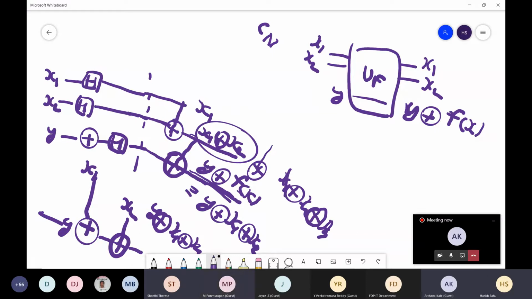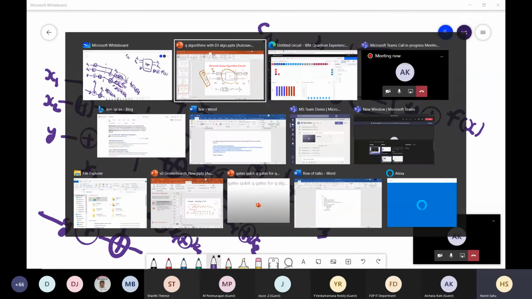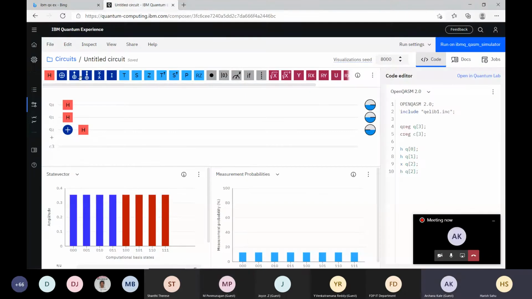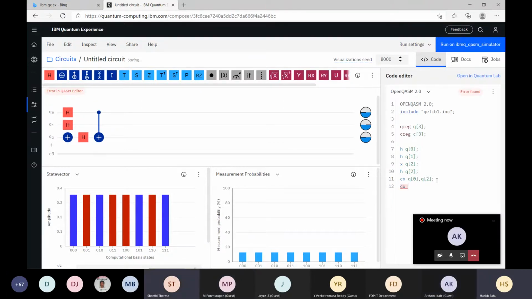So if you see the implementation as Archana and others suggested, first we should take Archana's approach, where she said that I am going to apply this CNOT from x1, basically this Q0 is our x1, to this y. So what you wanted to do, Archana? From Q0 to y, x1 to y. I think x1 is Q0. Yes, sir. So you have to apply this CX from Q0 to Q2. And again, then what else will you require? Again, Q1 to Q2. I am typing the same thing which you are telling.